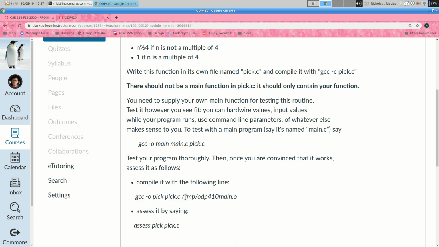Okay, this is what we call a test bed. This is your main program. Okay, pick.c again is just one function, pick. When you're testing it yourself, you make your own test bed. That's what main.c was. It's something that exercises the pick function. When you want to assess, you link pick.c with my test bed, which is /temp/odp410 main.o. This will give you a new executable program